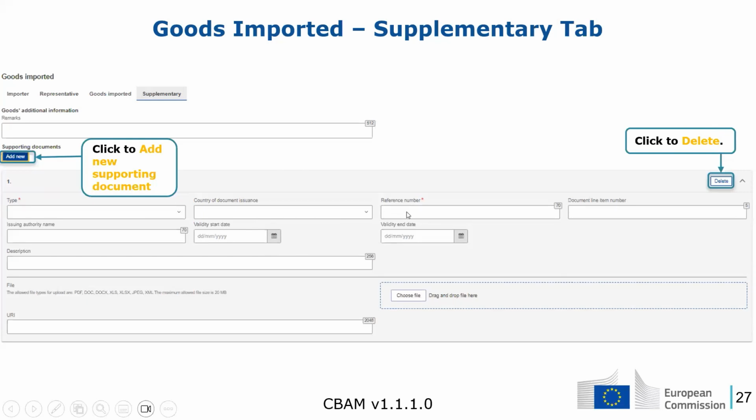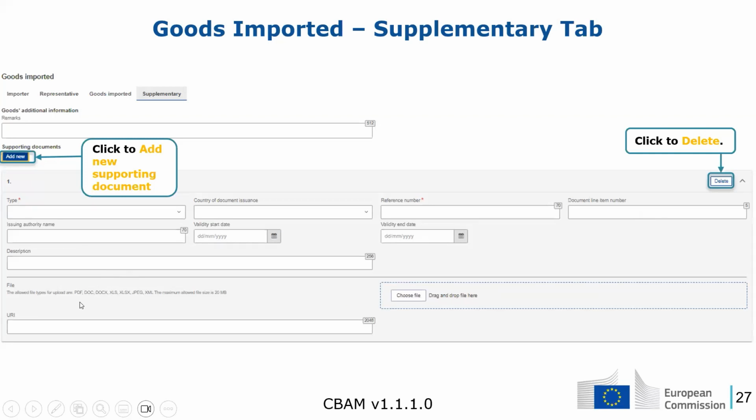We need the reference number because it's mandatory. Any document line number that you want to specify, the issuing authority name, the validity start date, and the validity end date of the document. Any description that fits your needs, and then you can choose to upload a file.